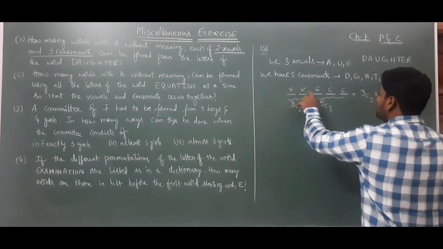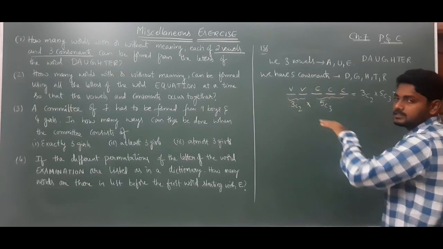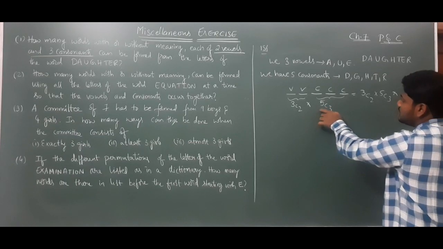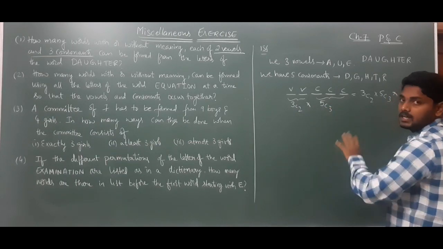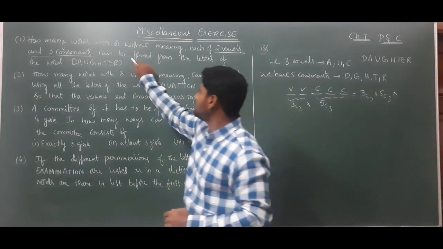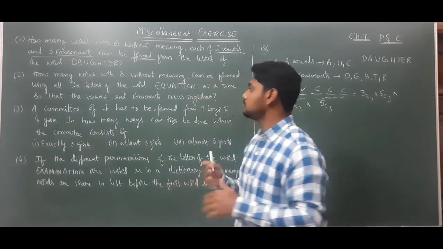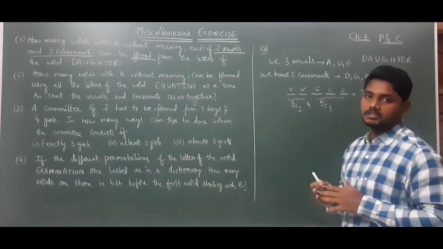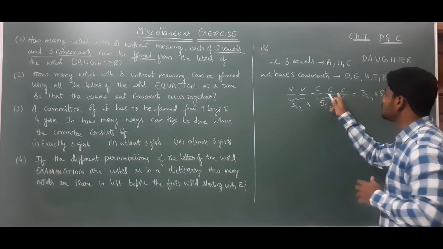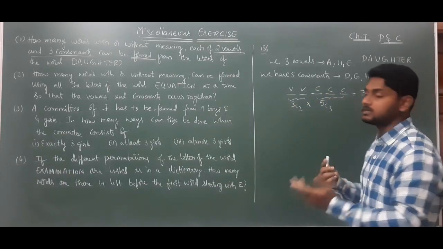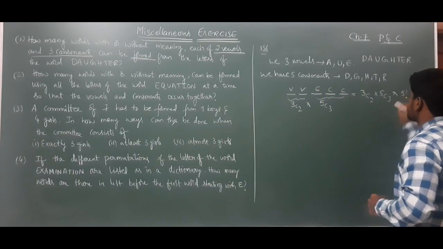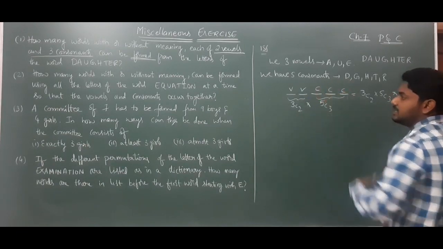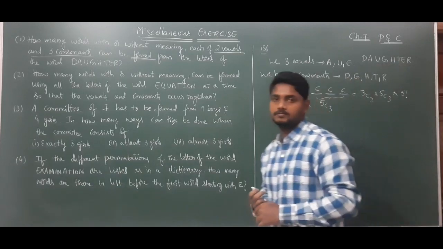So now it became 5 different letters, right? Selecting 2 vowels and selecting 3 consonants in 3C2 and 5C3 ways. After selecting, this is about forming. Forming means those also will arrange themselves, so it is related to somewhat permutations, right? Those 5 letters can be arranged among themselves in 5 factorial ways. So this is selection. After selecting, we need to arrange.